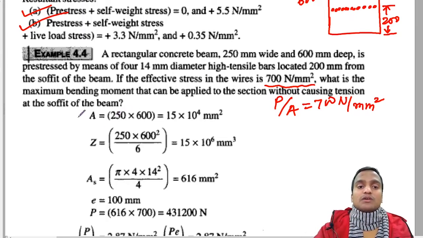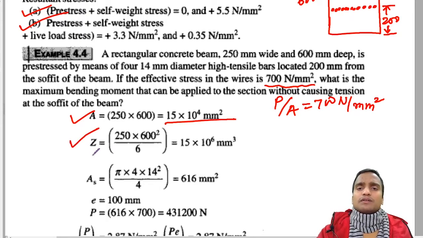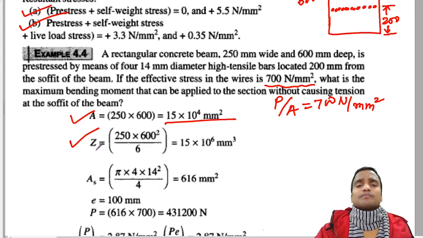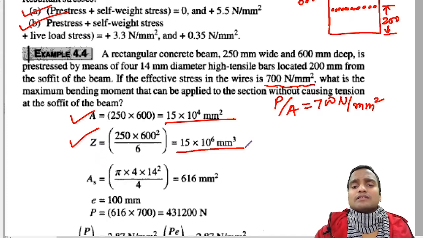So the total area of the cross section A is this 250 into 600 mm square, and it is a symmetrical section, so section modulus Z will be equal to BD square by 6, and this is also very easy to calculate. Now let us calculate